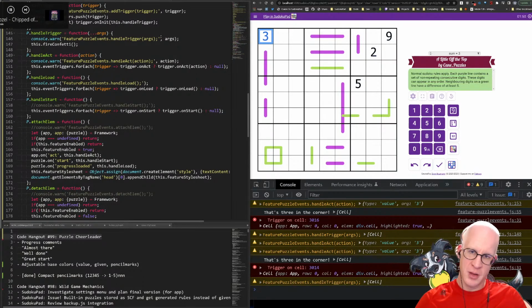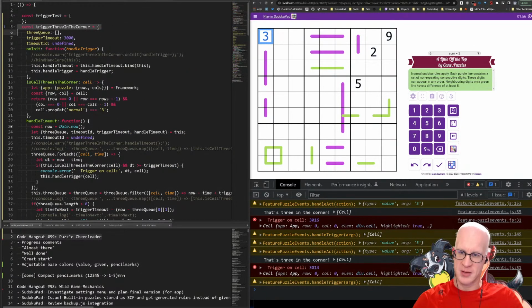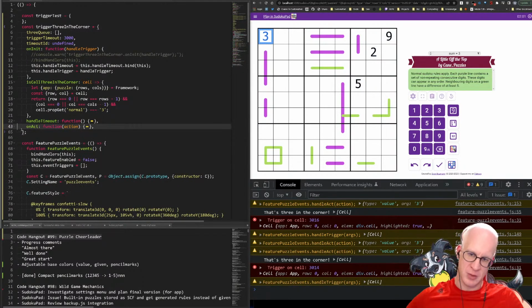So probably we'll have a hierarchy of triggers. Instead of listening to these low-level events, there'll be modules creating higher-level events, and other things will listen to these higher-level events. So instead of listening on act, or on load, or on start, it'll listen on digit entry, that kind of thing. And over time, we'll create an infrastructure that incorporates more and more intelligence,